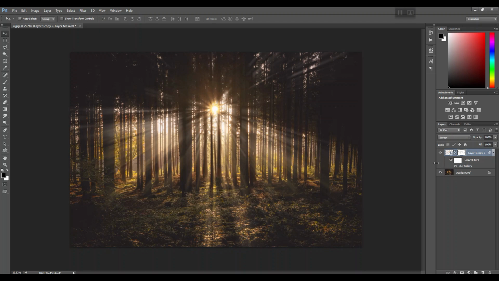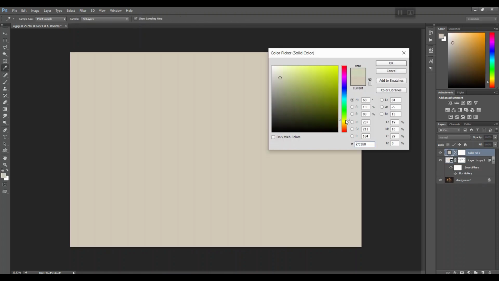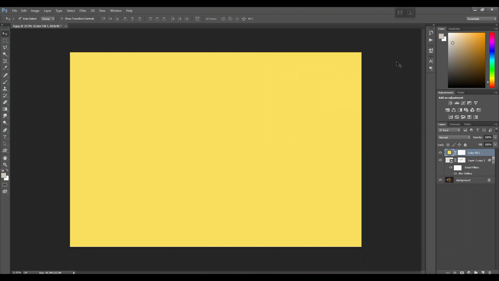Now after you're done with this, let's add some natural color to it so as to get that realistic effect. So go and select the adjustment layer icon below, which you can see, and select solid color. Select any color you want. Take the color between orange and yellow, something like mustard yellow. Let's take mustard yellow. Hit OK.